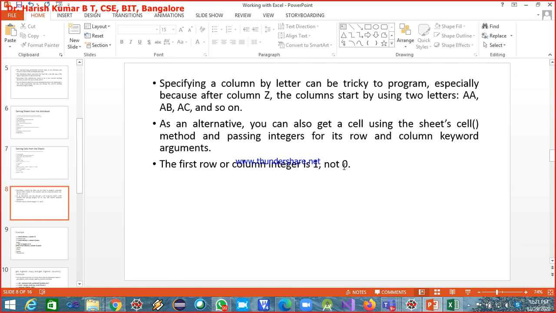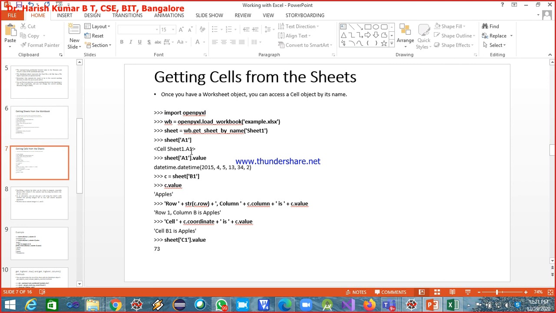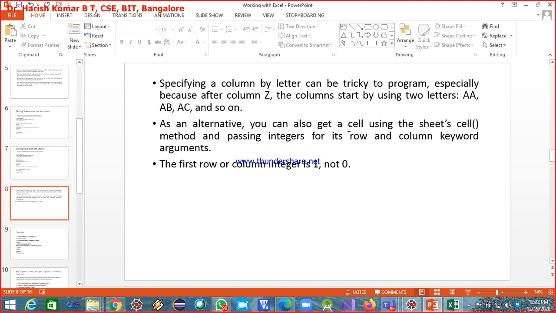What we did earlier, in order to access any cell, we were using A1 to access the first cell, and to access the second cell of the same row we used to write it as B1. Now that is not necessary. The cell can also be accessed by using a method called cell. When you use this cell method, it's not necessary to give the column by the letters A, B, C, D. Instead you can address the columns by using the integer values 1, 2, 3, something like this. So hope it is clear.